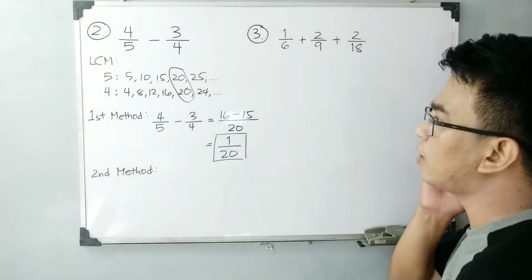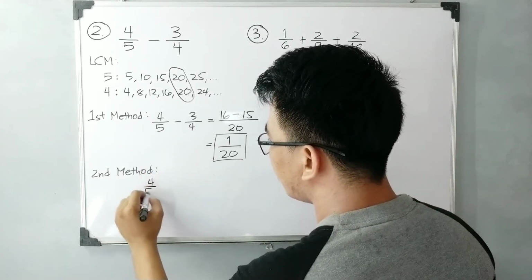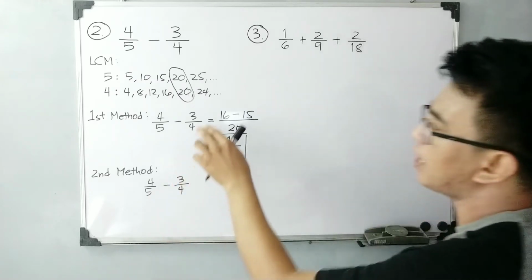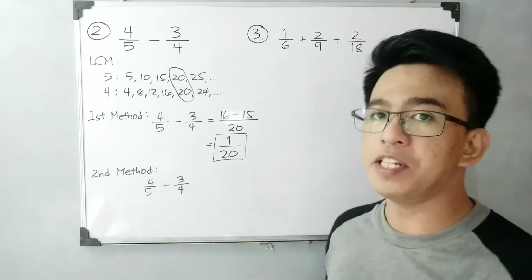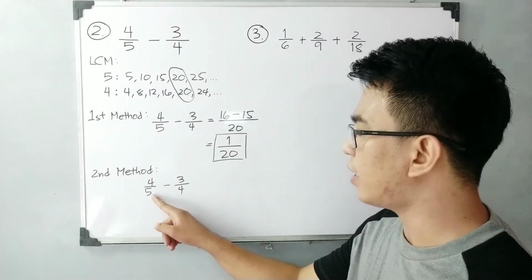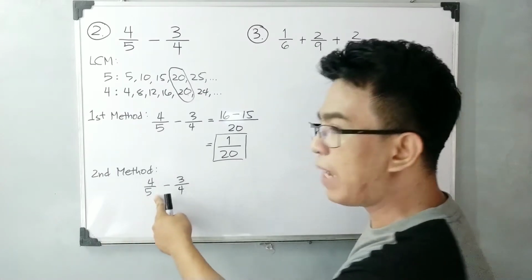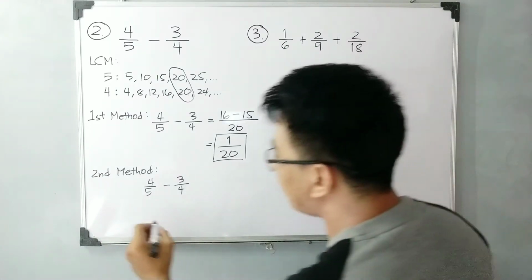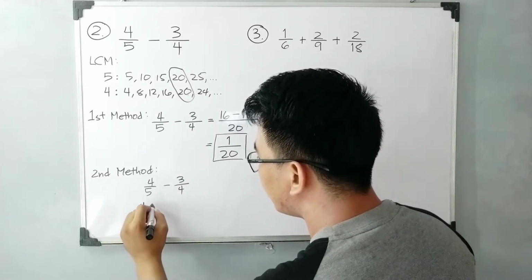For the second method, we have 4 over 5 minus 3 over 4. Alam naman natin that their LCM is 20. So we need to think of a number to make 5 as 20 and 4 as 20. So for the first fraction, to make 5 20, you need to multiply it by 4 over 4. So what will happen is like this one, 4 over 5 times